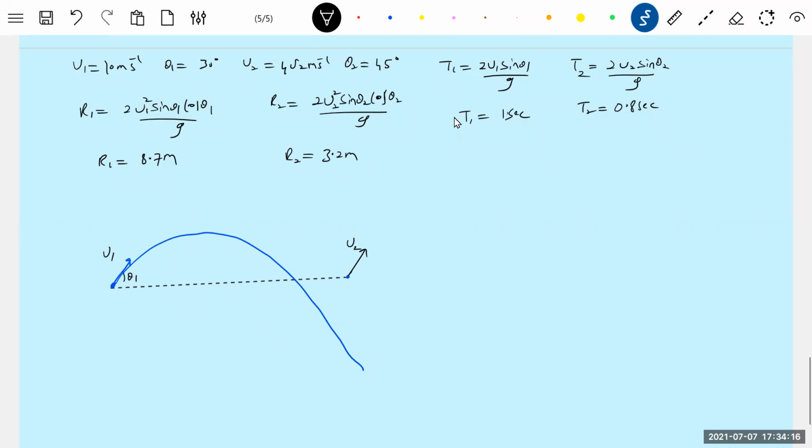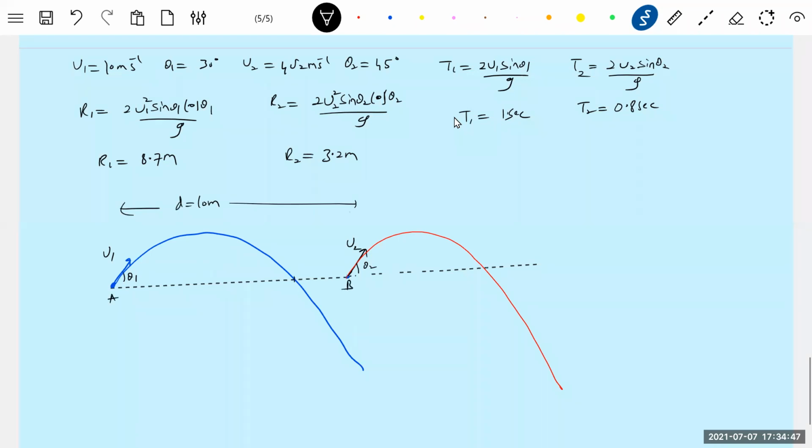The path of this will be some red color, let me take it. It is 3.2 meter only. This is what actually happens. A student must go after getting answers. He must analyze this, otherwise you're not understanding anything. This is for the separation between them. Okay, that was the point here.